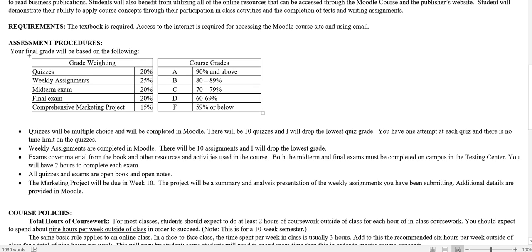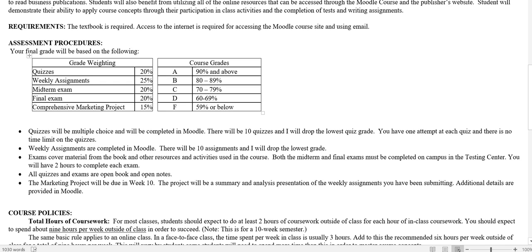The weekly assignments are 25% of your grade, so that is the biggest thing. And again, I will drop the lowest one of those. Because those happen every week, the quizzes and the assignments, that's why I drop the lowest grade. So if you miss one, that'll be the grade that gets dropped. I'm not going to extend due dates on those because I drop the lowest one. So stuff comes up, you miss one, it'll get dropped. If you miss more than one, then that probably indicates poor planning on your part. So you'll have to live with that.